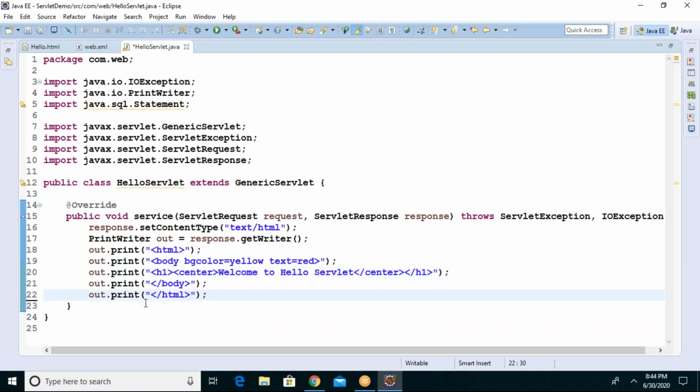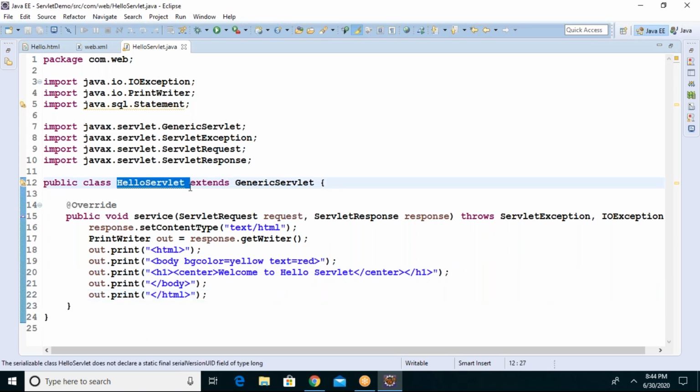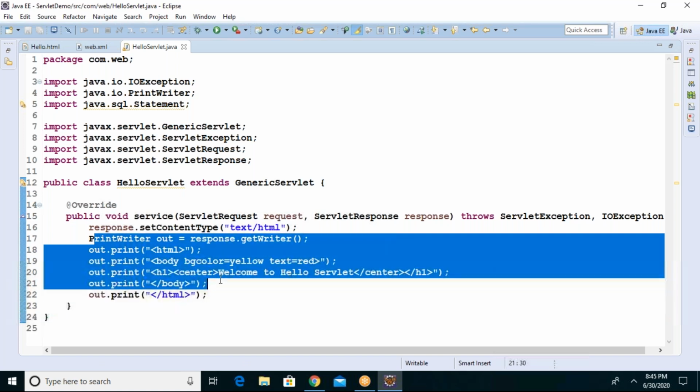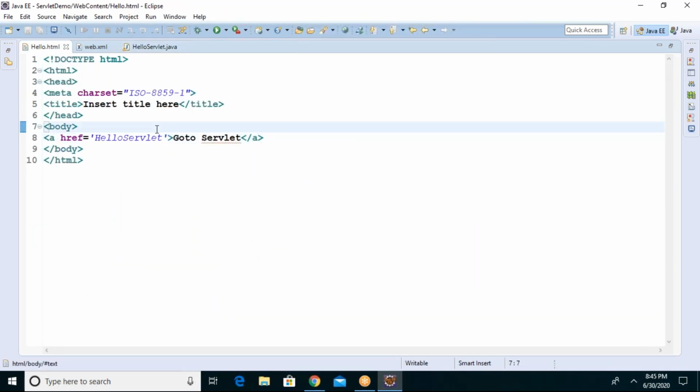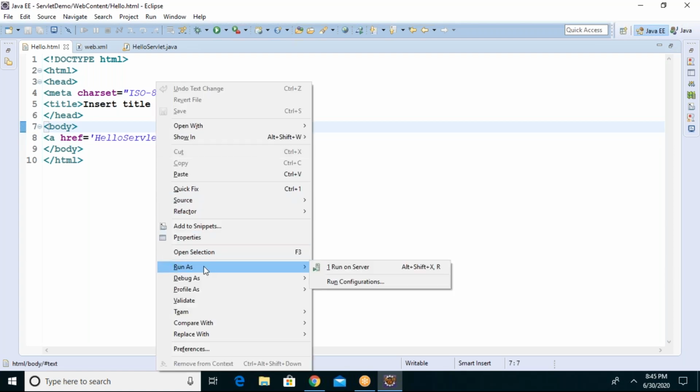Whenever this servlet is called by any client, if any client makes a request to call this servlet, it will show this welcome message. Guys, let us see this output. I just go back to the HTML and I run the code.